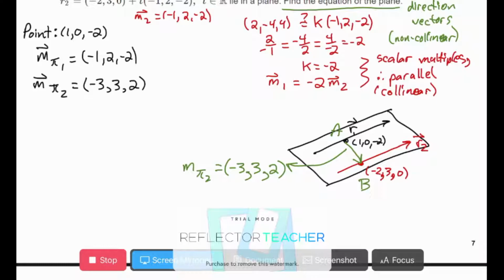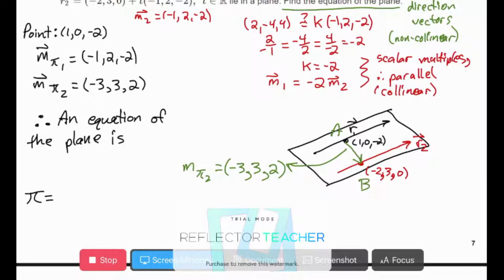All right, we have all our pieces. Let's actually put them together and answer the question. Because the question said, find the equation of the plane. Or find an equation of the plane. So therefore, an equation of this plane is